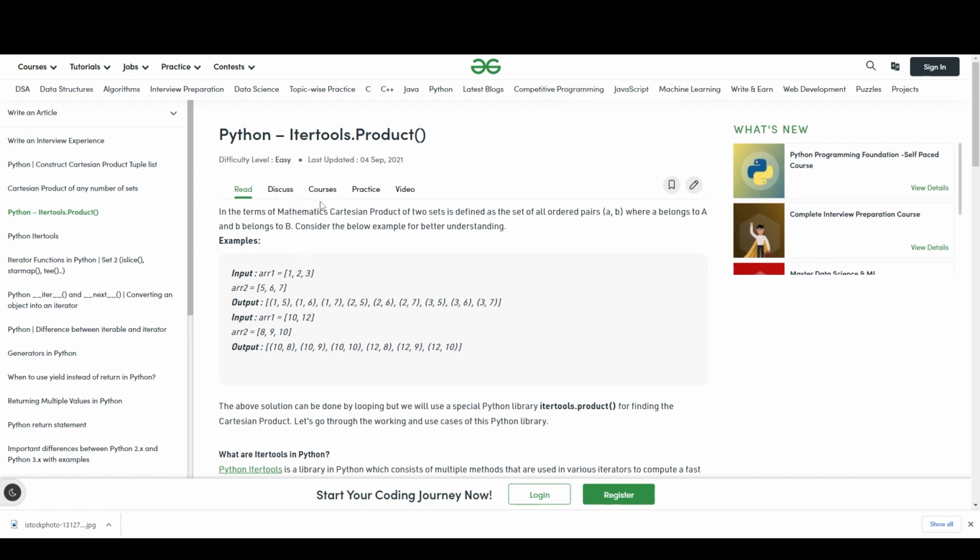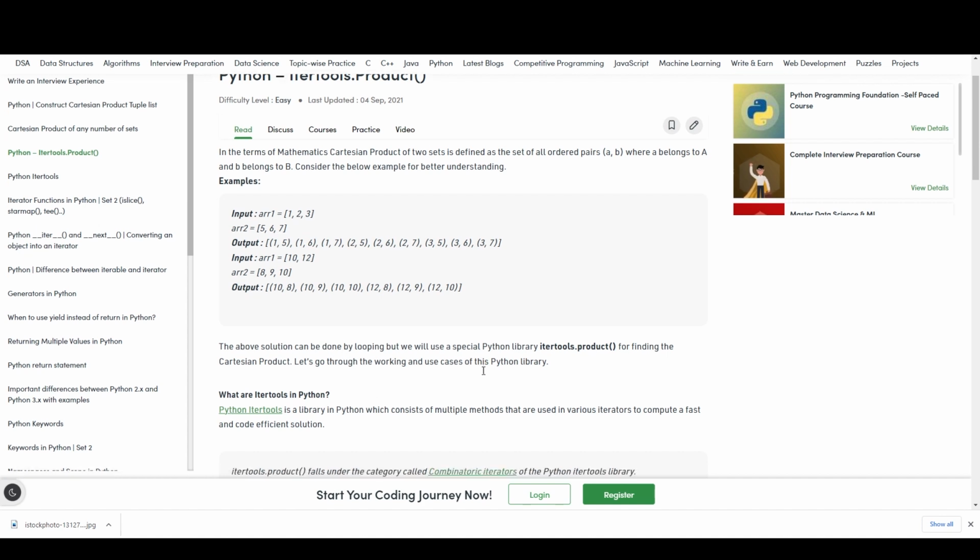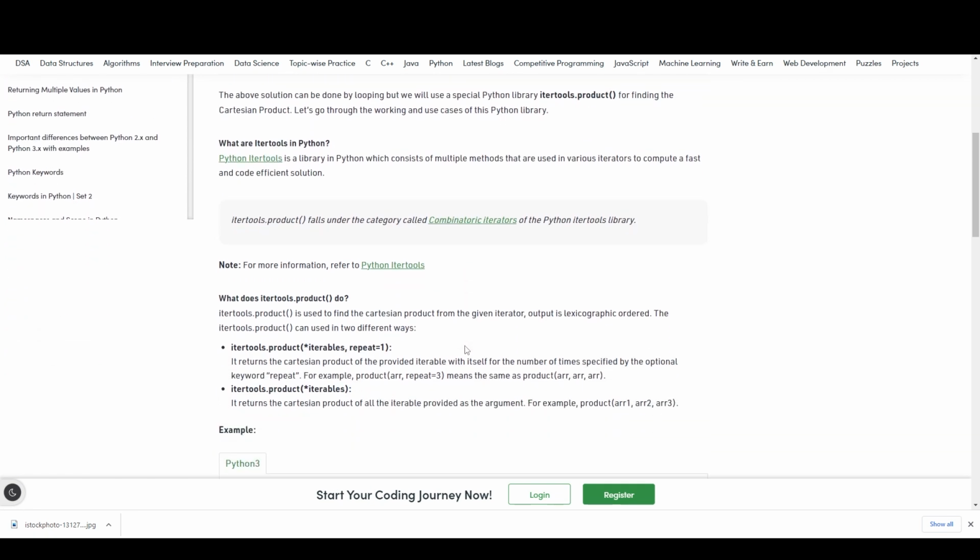I don't know how that works. Let's go through the working and use case of this Python library.